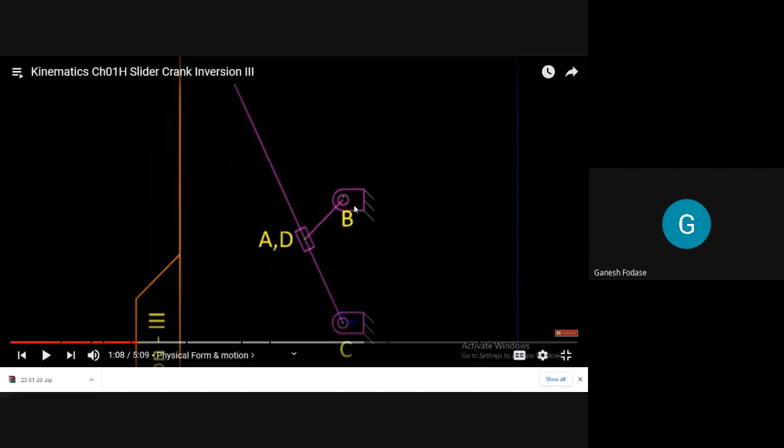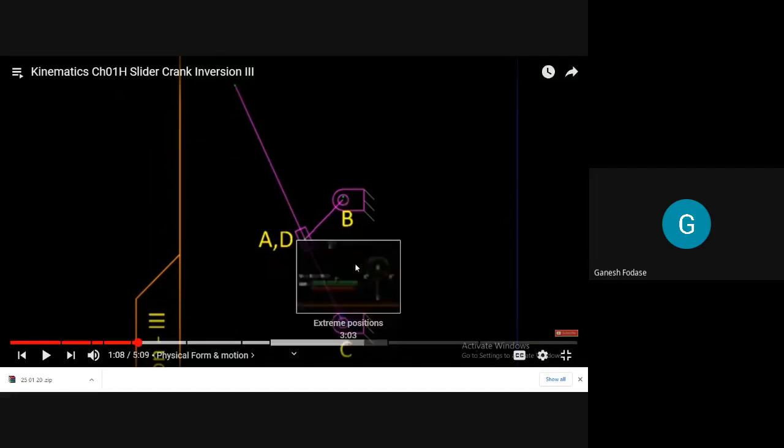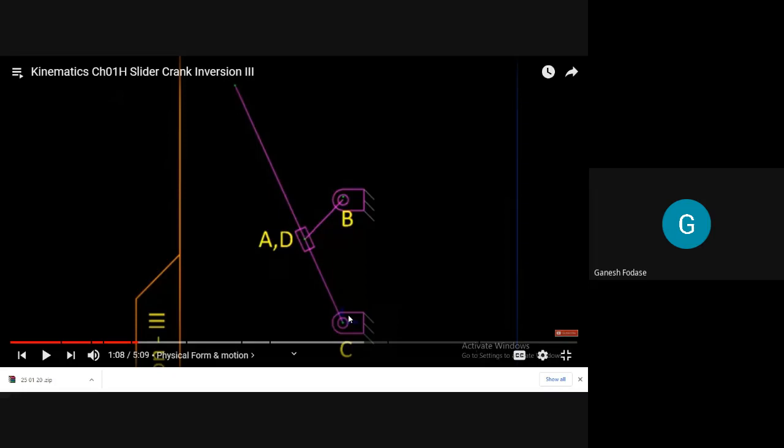Now see here, this one is again a mechanism. Tell me which link is BC now? Link number 3. Now this link, the crank, is link number 2. This one is the frame. For this animation, the frame is not shown, but you can say one link is shown. Of course, the slider is reciprocating over that frame only. Inside the frame or on the frame, the link is the same. In the earlier diagram we showed the slider reciprocating inside the frame, but here it is shown on the frame.